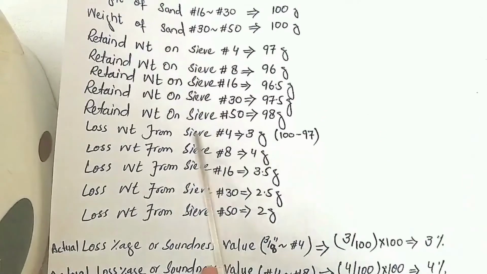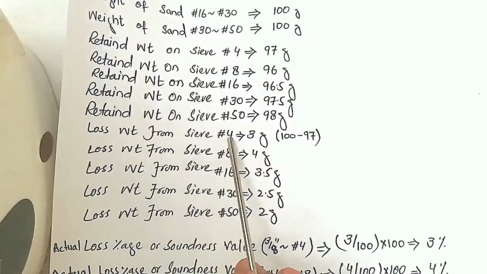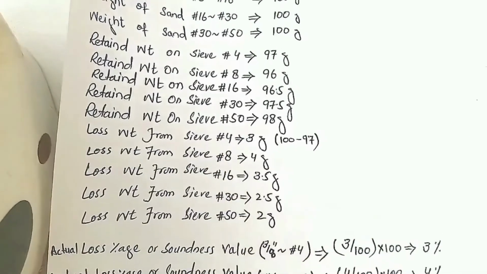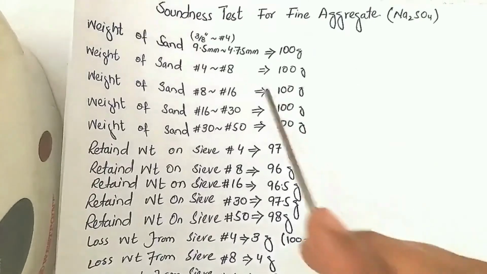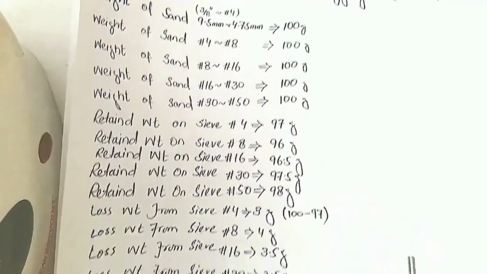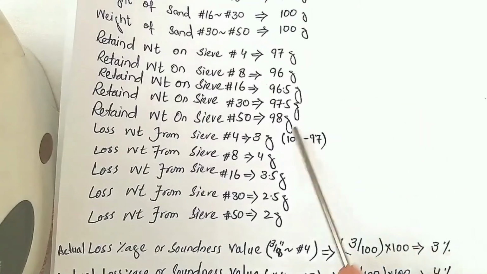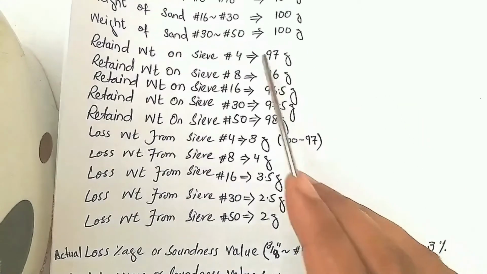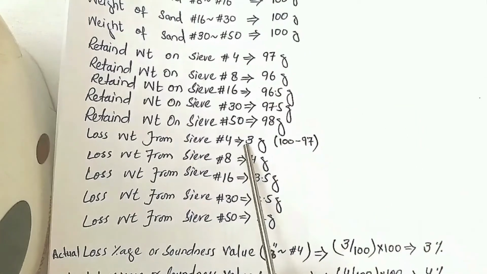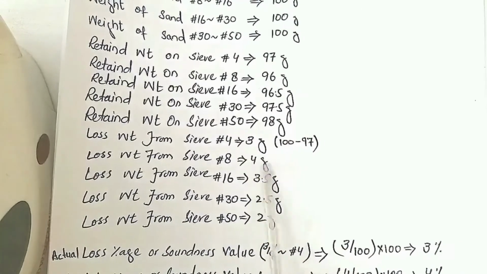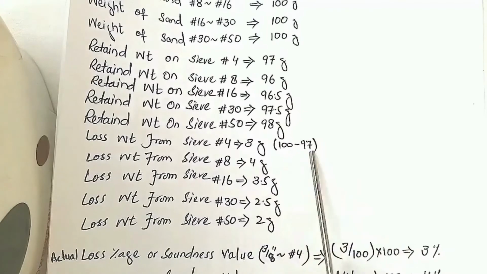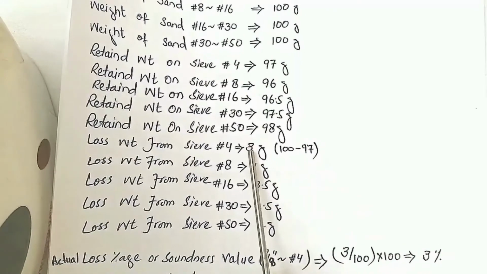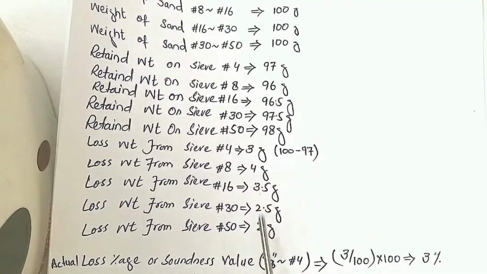उसके बाद उन्हीं रिटेन वेट की मदद से हमने लॉस वेट निकाल लिए, लॉस वेट फ्रॉम सीव नंबर 4, क्योंकि हमारी जो पहली फ्रैक्शन थी वो 3/8 से नंबर 4 थी, तो हमने उसका जो लॉस वेट किया है वो 4 नंबर की सीव पे किया है क्योंकि हमारे ASTM के अकॉर्डिंग, तो वो हमारा आया है 3 ग्राम्स। उसके बाद ये किस तरह होगा, टोटल वेट में से 97 यानी कि रिटेन वेट जो होगा वो माइनस करेंगे तो ये हमारे पास लॉस वेट आएगा।